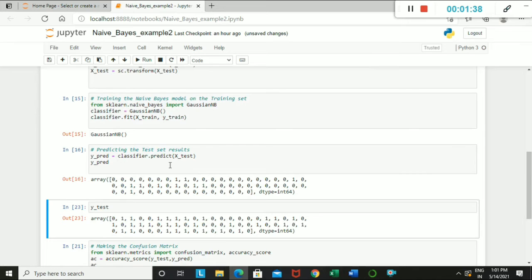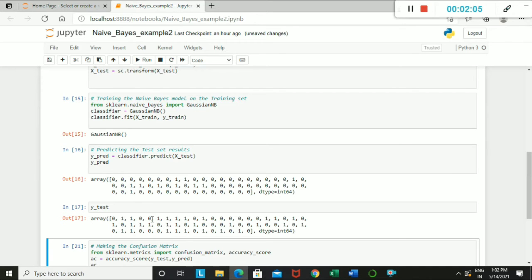Now we print the original Ytest entries. These are the original Ytest entries and these are the predicted Y entries, which means some are correct while some are not. Here the original entry is 0 and the predicted entry is 0, so this is correct. But here it is 1, here it is 0, so some values are correctly predicted while some are not.